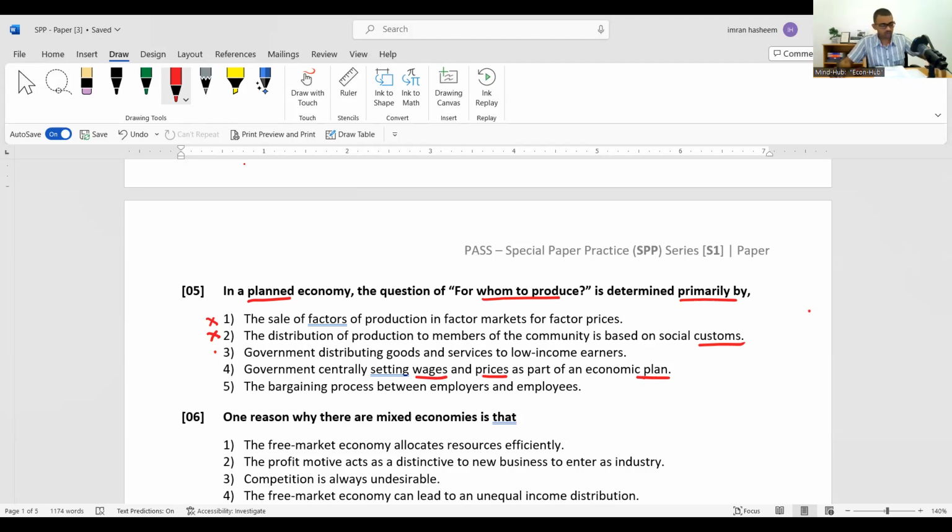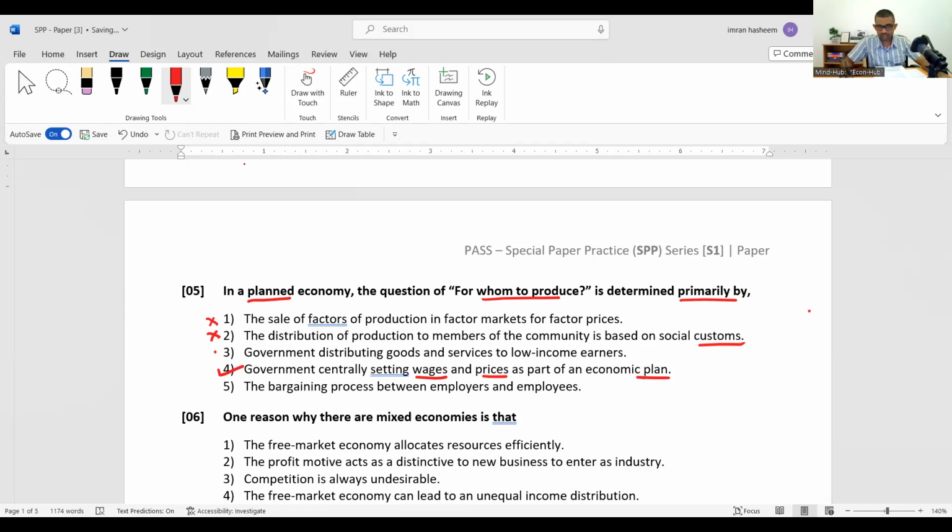Also, why we need the income is to create a purchasing power. Purchasing power is affected by price levels. Then you will see basically in a command economy or a planned economy, government will decide the price level. So they are able to influence the purchasing power of households. Through that, they will distribute the output, because how to produce is a distribution problem. So therefore, that should be the correct answer, number 4.